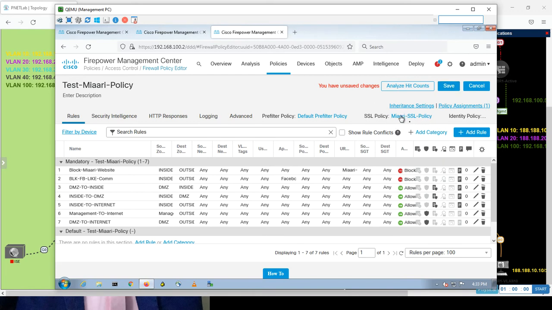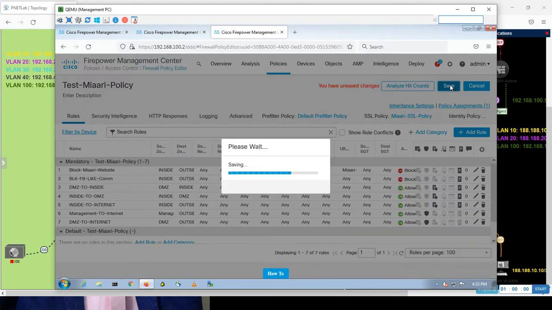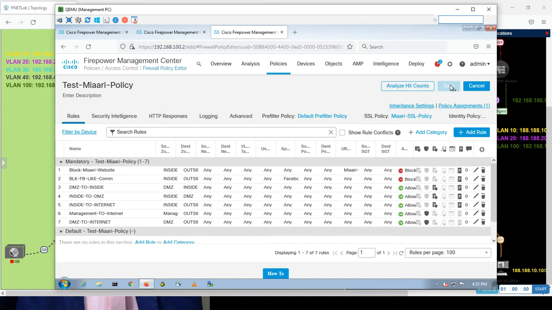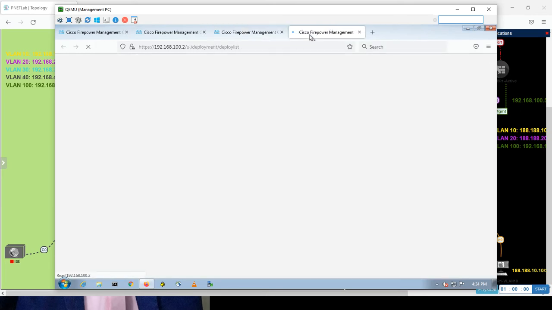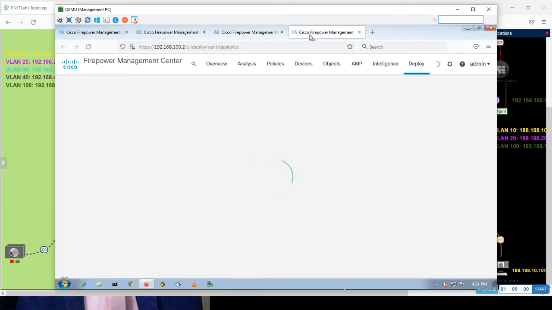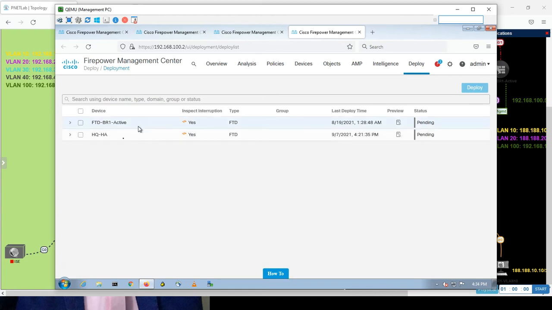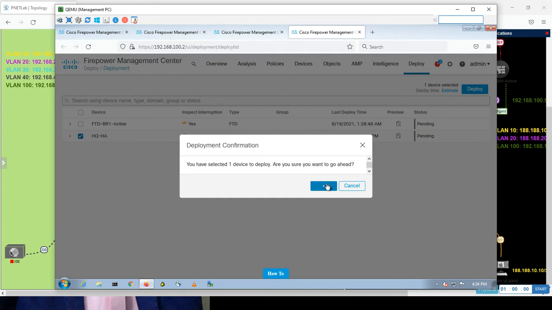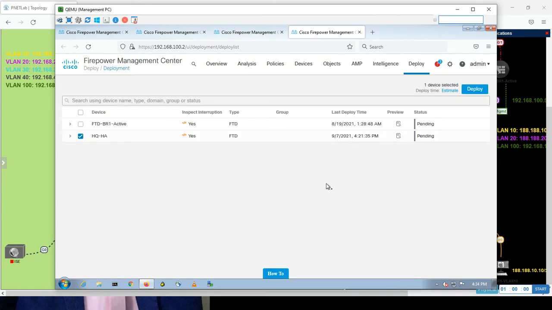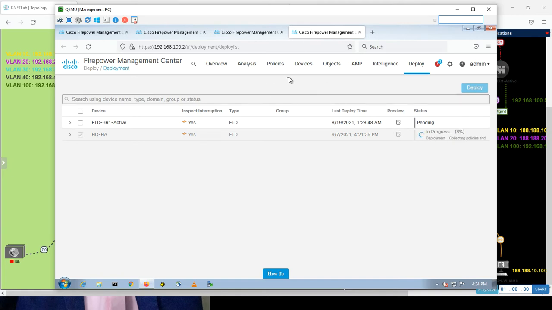And here you see that I enabled the SSL policy. So if you want to try it in your spare time, just remove the SSL policy, and you will see that when you visit HTTPS, it will not work. Okay, let me deploy. Okay, great. Unless it's deployed,